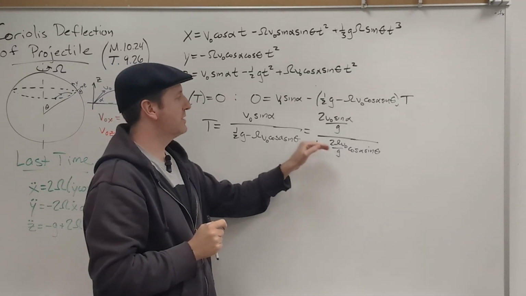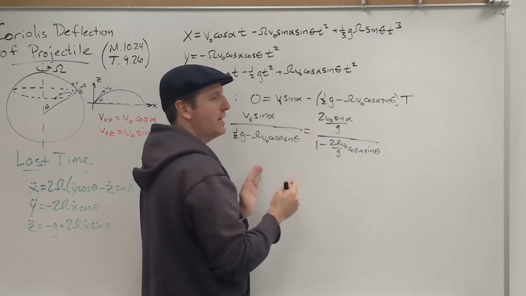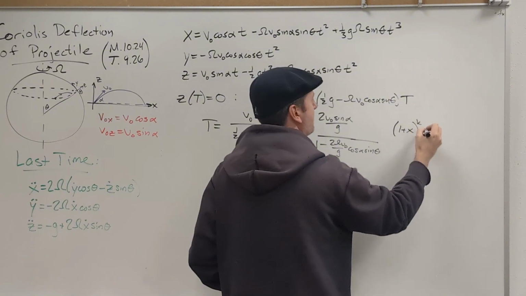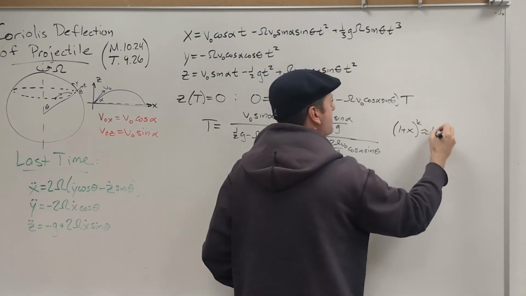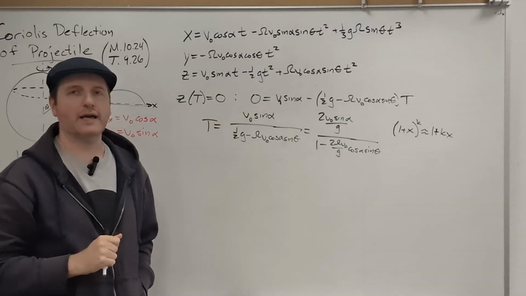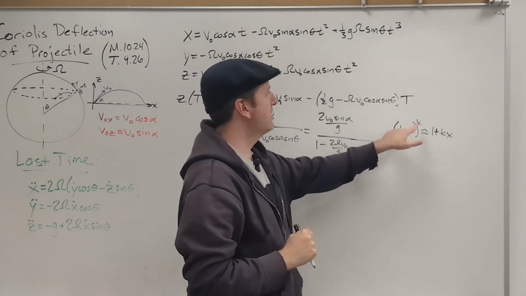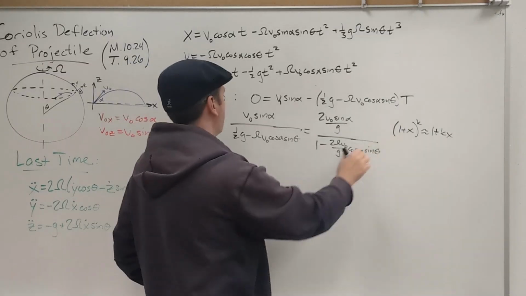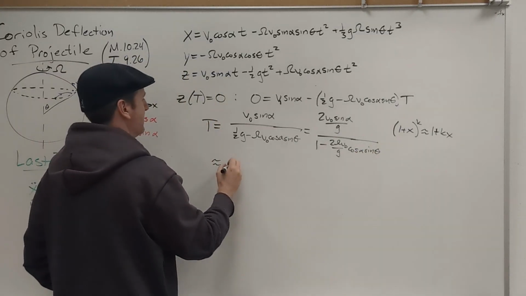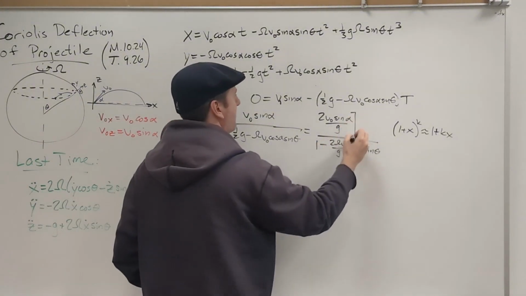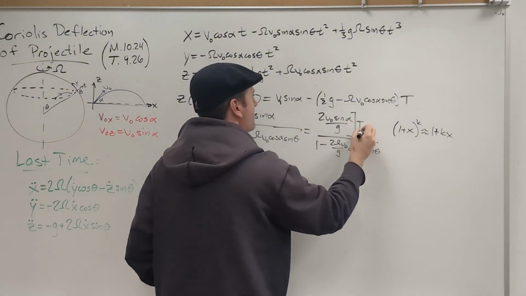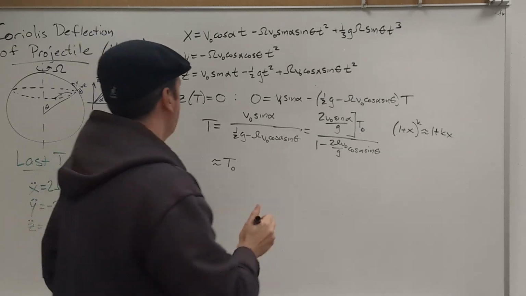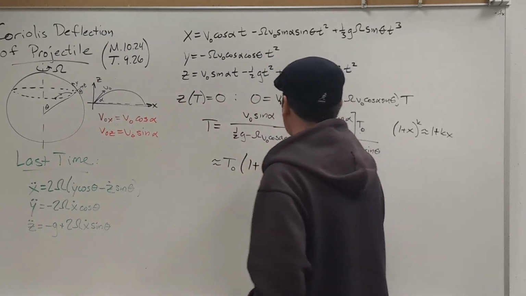the binomial approximation. This is 1 minus something small to the negative 1 power, and as a reminder, 1 plus any small thing to a power, at least to first order, is basically 1 plus that power times the small thing. And for us, the power is negative 1, and the small thing is all this with the negative sign, so the negative will cancel. So I'm going to rewrite this as approximately T naught, that's this thing right here. That's the flight time when there's no Coriolis deflection. And then I'll write this as 1 plus